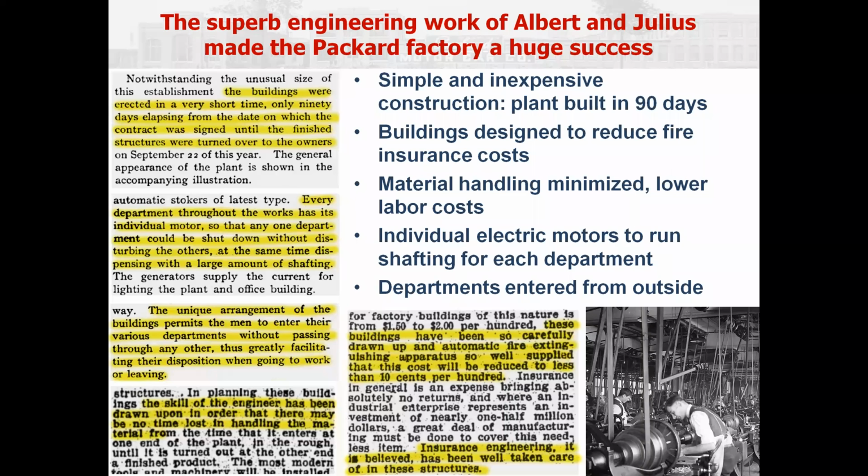this case, Packard automobiles. Individual motors were run for each department. Normally, what you'd have in a mill design building, you'd have one massive motor or a steam engine running all the equipment in the plant. But they engineered it in such a way that any department could be shut down without having to shut down the whole factory. And finally, and oddly enough, the design incorporated a method by which all workers could enter their